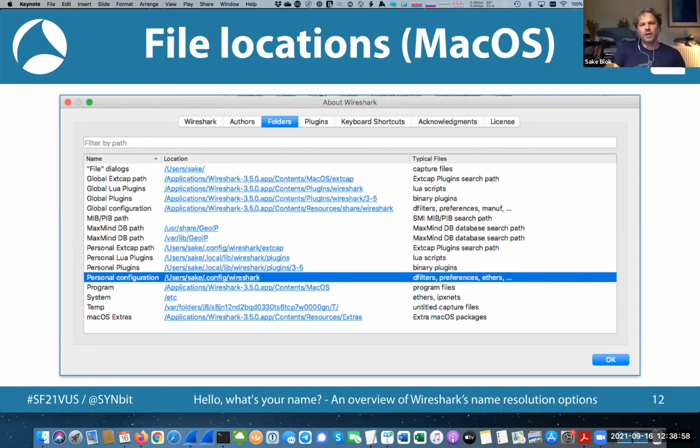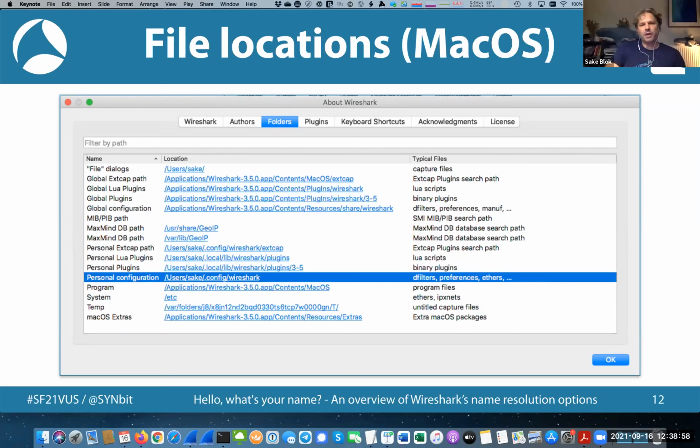It's manually edited or with an editor, and you can put it in a configuration profile. You can put it in the default profile, and that's where those entries live. The top entry is my configuration profile that I'm using for this presentation, SharkFest 21 VUS, and the second one is my default configuration profile or default configuration folder. So I put two files in there, Vlans. I put the same entries in there to see which takes precedence,